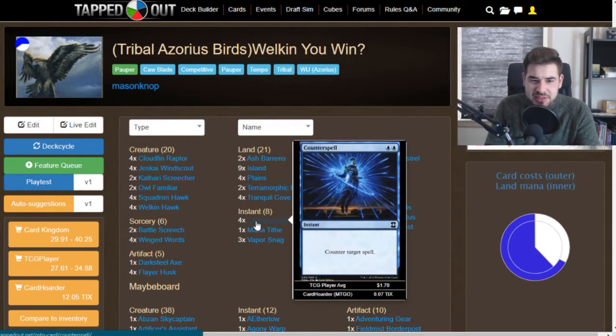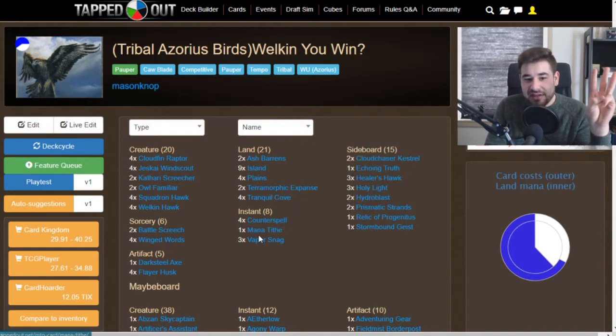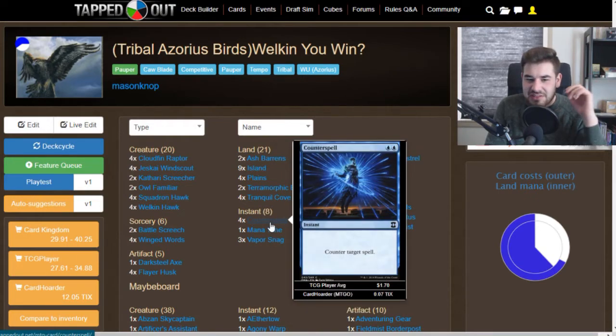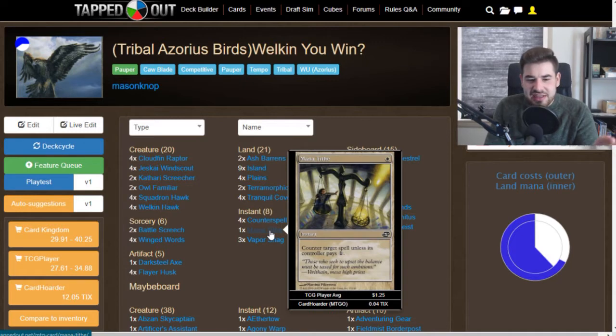For our removal spells, we got 4 Counterspell, 1 Mana Tithe, and 3 Vapor Snag. The Counterspell, I believe that's one of the most powerful cards in the format. The Mana Tithe is a Force Spike but in white, so it's much harder to detect. A lot of people don't even realize that it exists. So when they see 1 white mana left up,